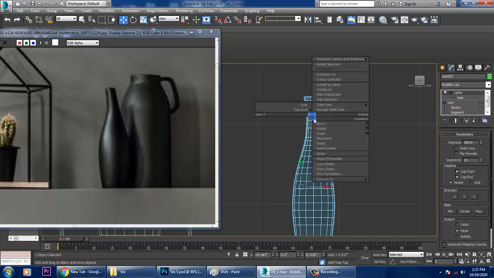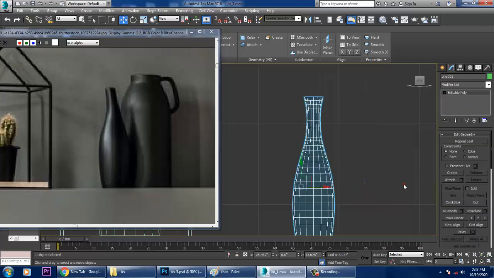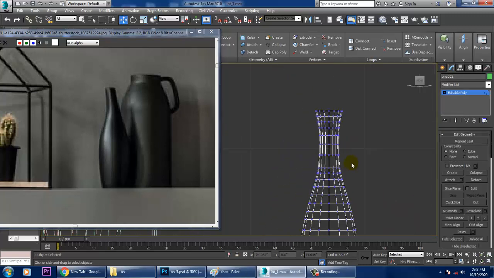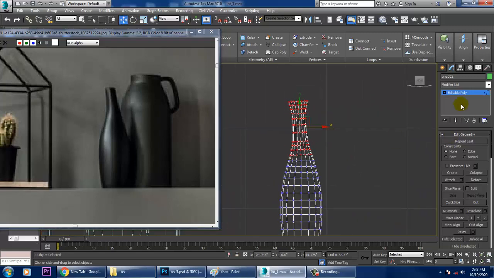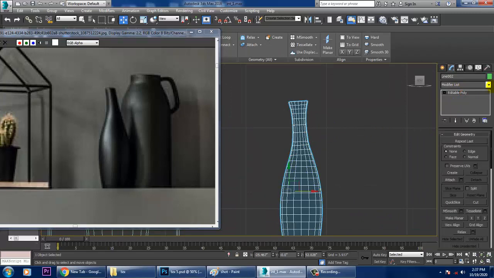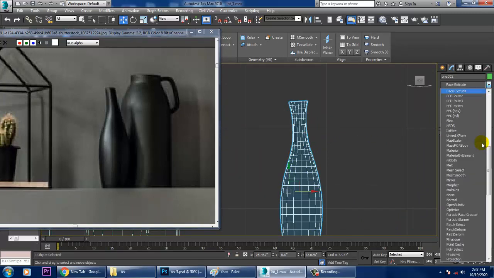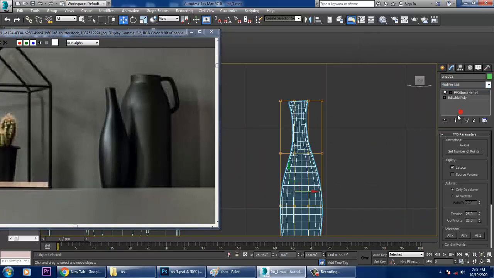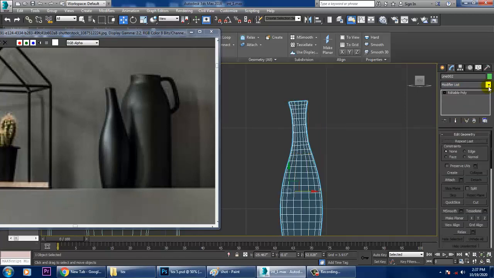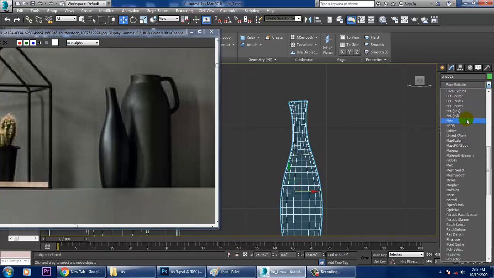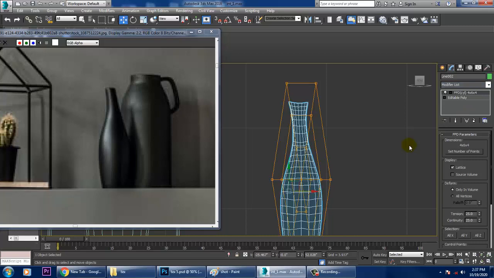So once you're done, you can just convert to editable poly. So how we can do is, like, I can just select this part of it, and if you feel to rotate it, you can just rotate it. Also you can use again a FFD box, FFD cylinder also. You have a FFD cylinder option. So FFD CYL, you can use this